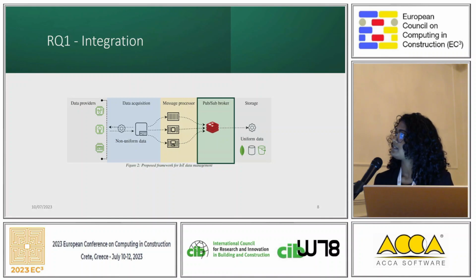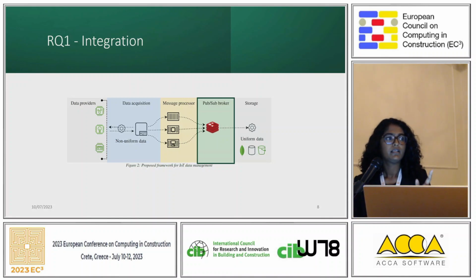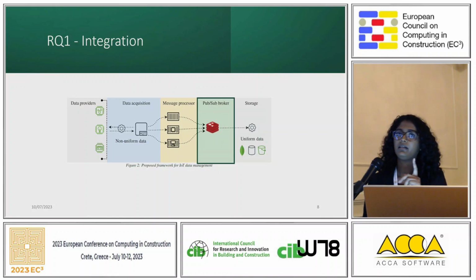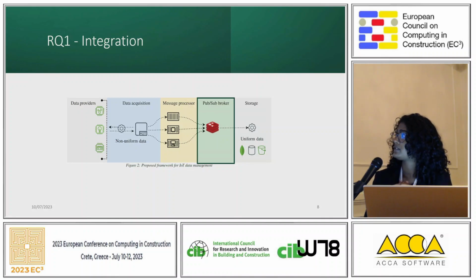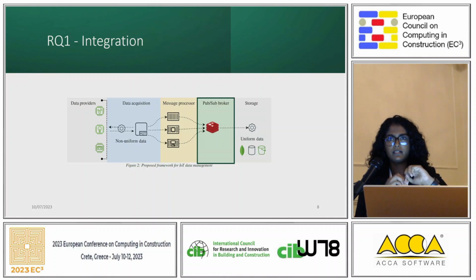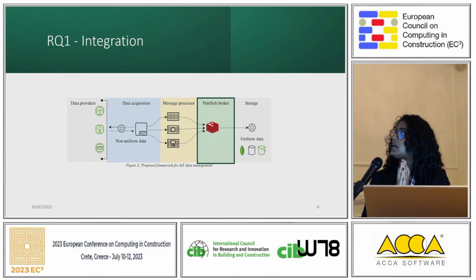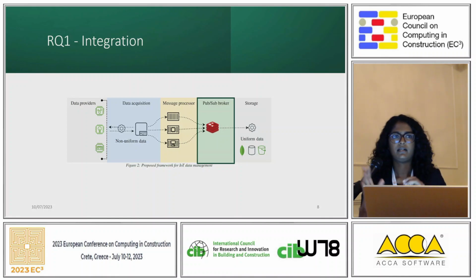And I want to emphasize at this stage, each of these services that I described earlier does one thing, and does that one thing very well. That's what we want to do when we go to an architecture like microservices. So they are assigned a job, and that's the only job that they are going to care about. For example, the data acquisition stage just takes all the messages and publishes them to a broker, and the message processor listens to all the messages in the MQTT broker and translates them. That's all.